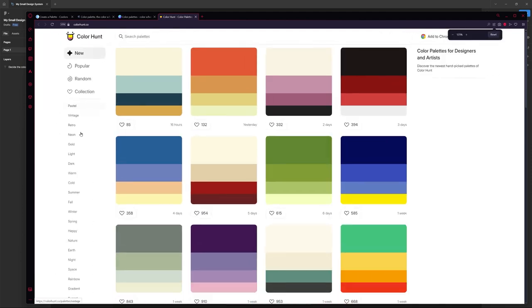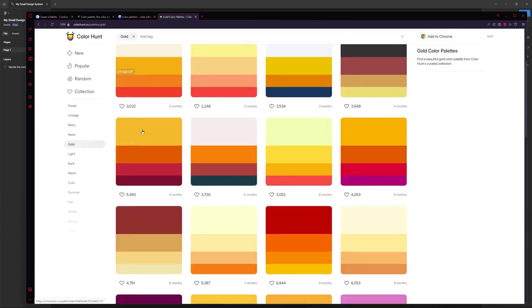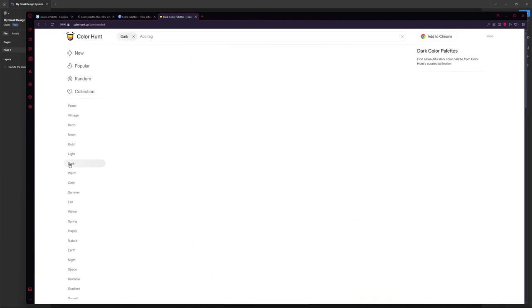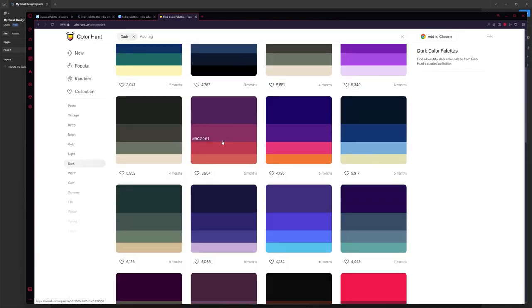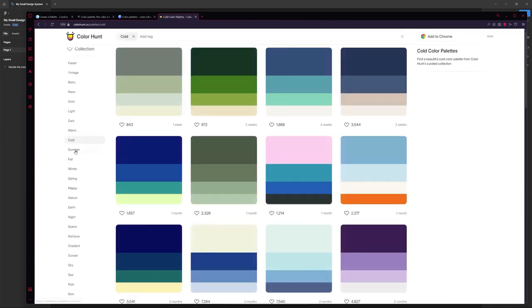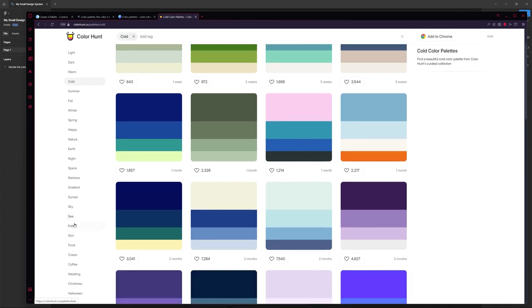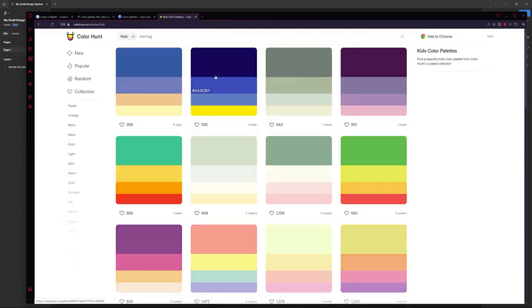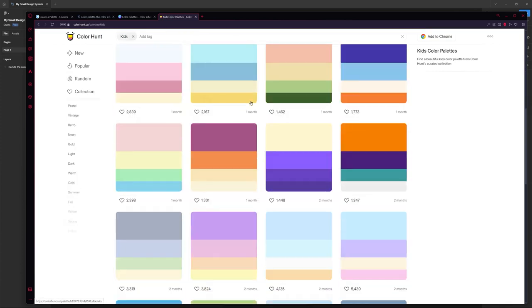So let's suppose you want to create some sort of a golden design system. You can just click on there and it's going to give you a golden color right here. If you want to choose some dark, like Versailles, you can just click on there and it's going to give you Versailles kind of colors. And if you want to choose cold, it's going to give you cold colors. If you want to choose summer or fall, happy, or kids sky, there are a lot of them. Let me just choose this kids one. It's taking a lot of time, but yeah, these are the colors